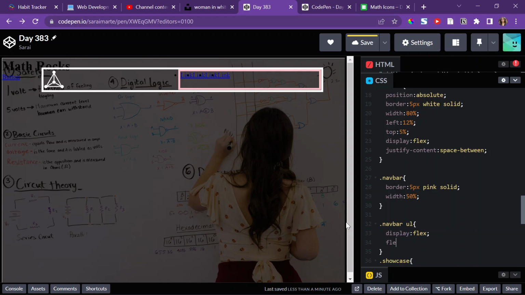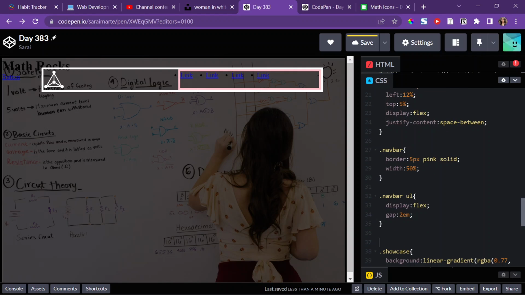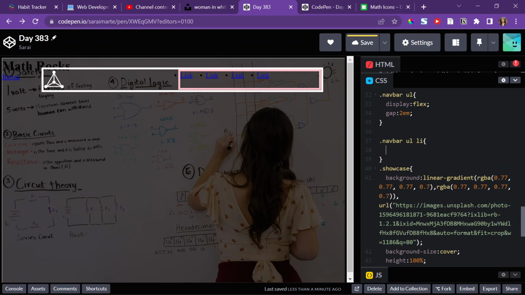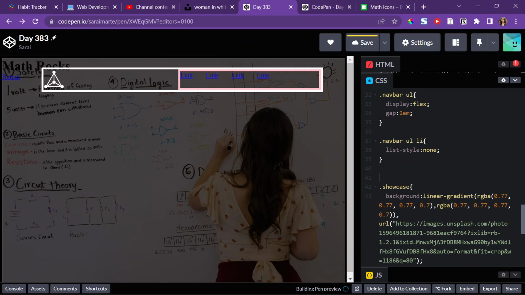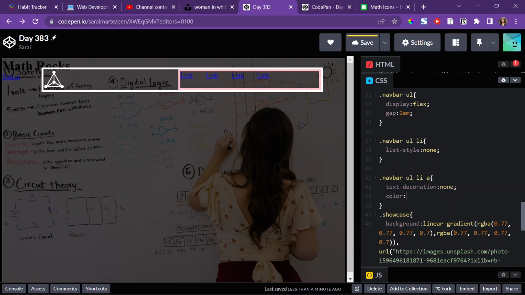And I could also do a gap of 2em, so there's some space between. I also notice that there are bullet points, and I don't want those bullet points, but that is actually a list item property. So I'll have to do .navbar UL LI, because it's a list style property, and I'll just set that to none, because currently it's set to a bullet. And then I don't want the underline, so that's an A property, it's called text decoration, and currently it's set to underline, but if I just set it to none, it's going to get rid of the underline, and I can also change the color to be